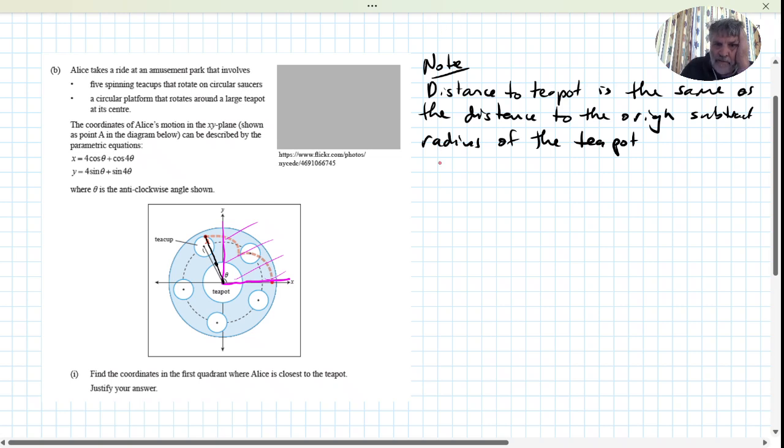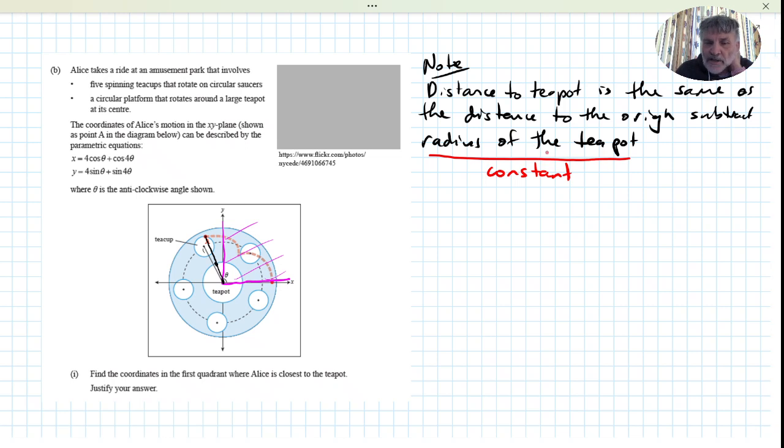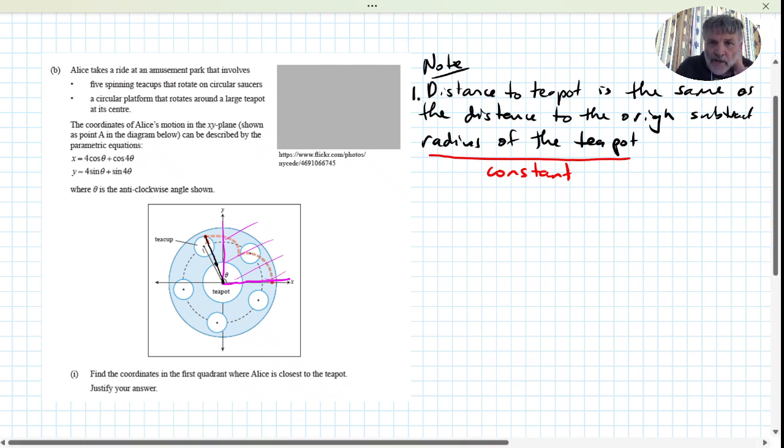And moreover, this radius to the teapot is constant. So if we minimize the distance to the origin, we will automatically minimize the distance to the teapot. So I think that's an easier thing to do. So that's one note. The second note, so that means now we want to minimize